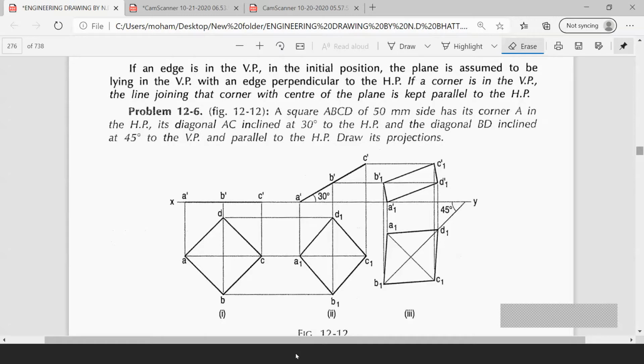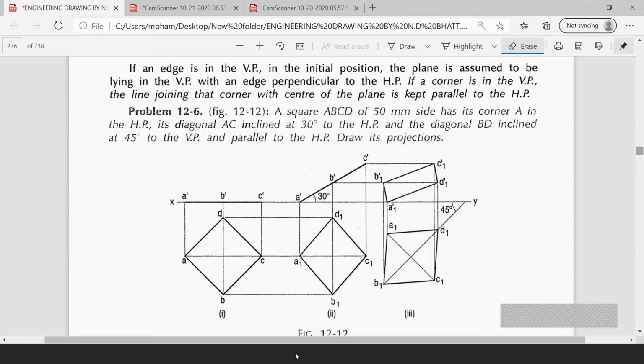This square is resting on the corner. He's saying that the square is resting on the corner. When you see the square here, understand, it has a corner and sides, edges. Sometimes it will rest on the side, sometimes it will rest on the corner. We will give it in the question. Okay, you have to